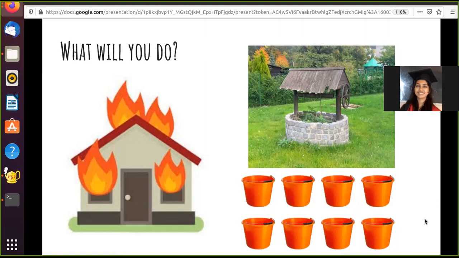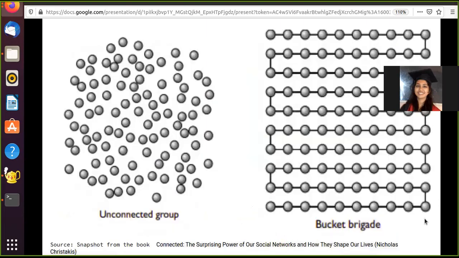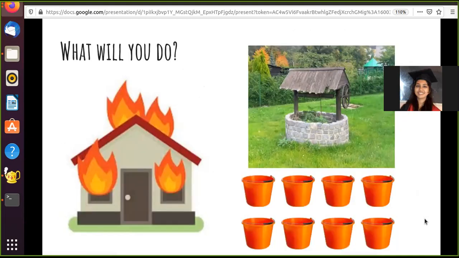You might want to pause this video for a while and think about its solution. So when you'll think about it, actually you'll realize that one of the algorithms these people can follow is to stand in a queue from the school till the well and pass buckets to each other. So in this way, the entire process will be more organized. There won't be people running around with buckets in all the directions, and your work will be done quickly.